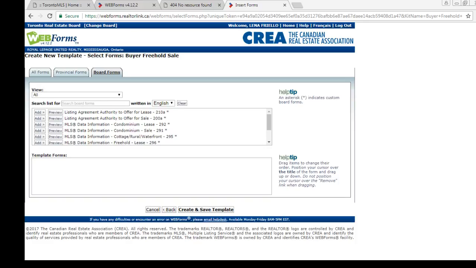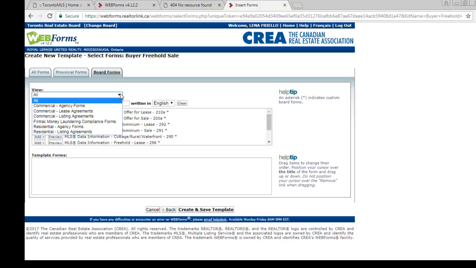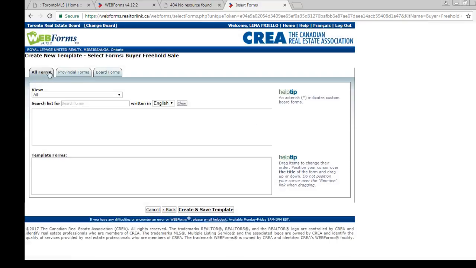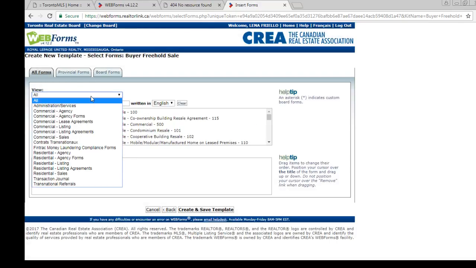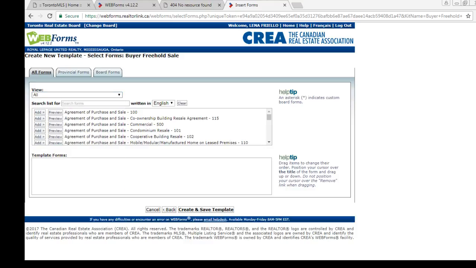Click on the drop down menu beside the view. I'll click on all forms, and then I have an option for the residential listing, sales, and all those things, right? So as per your requirement, you can pick and choose. So we'll select all forms at the moment,